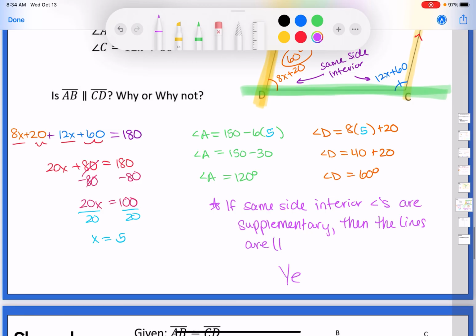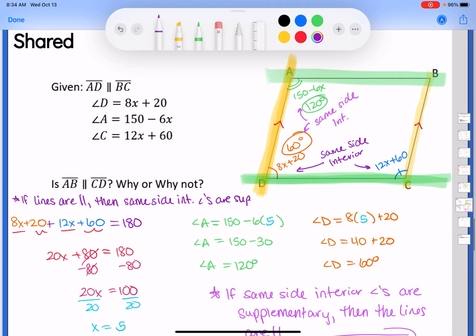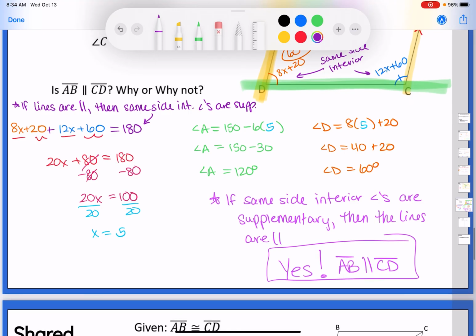So the answer here is yes, AB is parallel to CD. For this reason, right? So our equation was set up because we knew the yellow lines were already parallel. That equation was set up because if lines are parallel, then same side interior angles are supplementary. So that's how we got our original equation. And then since I could prove it for the other pair, that's how I knew that the other pair were